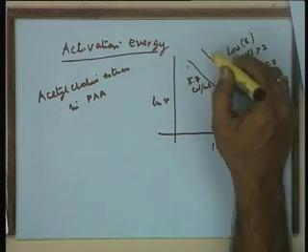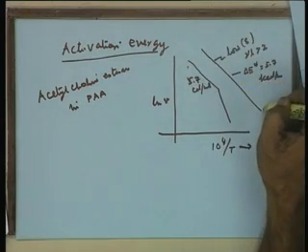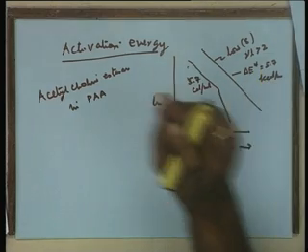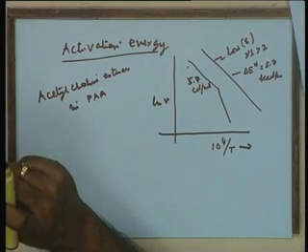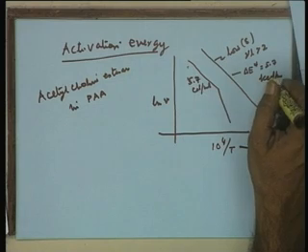Let me repeat. The right hand side straight line profile refers to a thick particle where the thickness is high, gamma L is greater than 2, and the substrate concentration is low. We know that under these conditions the system will be diffusion limited, and the activation energy computed in this case was 5.7 kilocalories per mole.